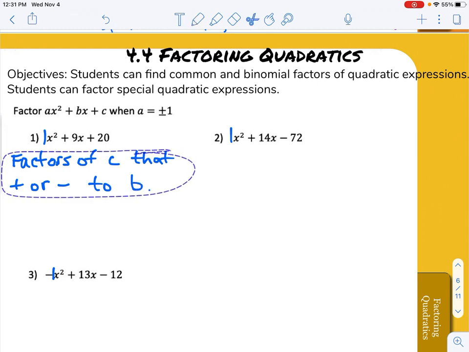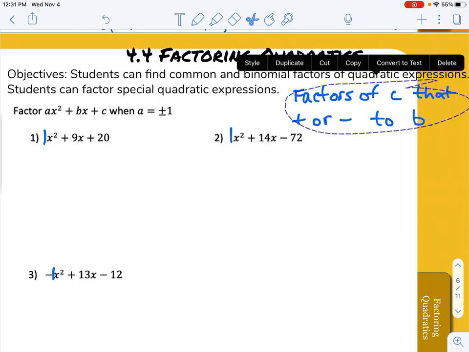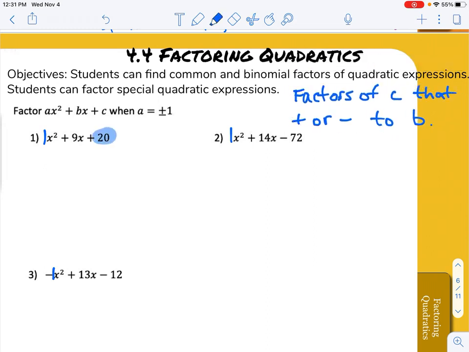I'm actually going to move this up here, because that is kind of the general form. So I need factors of 20 that, in this case, add; the sign in front of 20 tells us we need to add to equal positive 9. So factors of 20 add to 9. If you look at your factor chart,